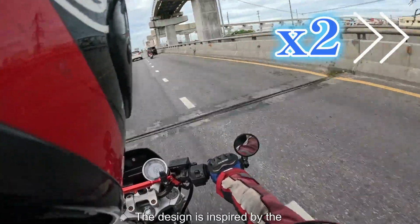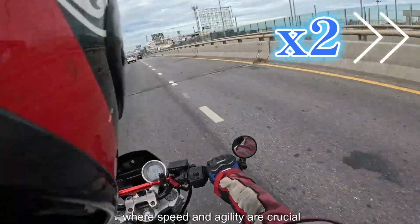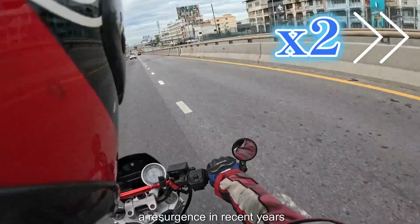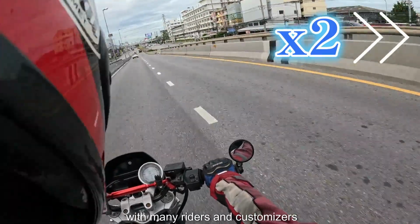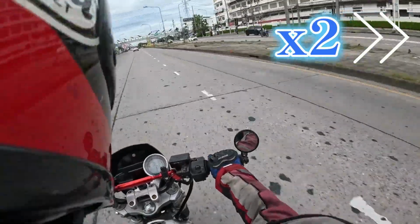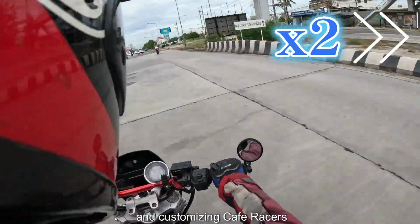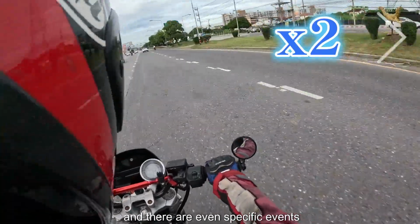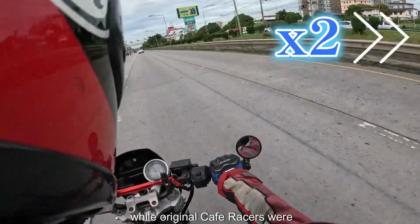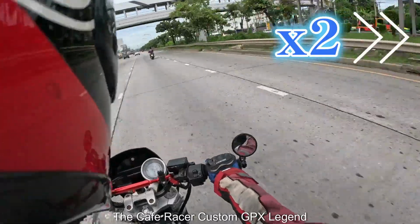The design is inspired by the motorcycles used in racing events like the Isle of Man TT, where speed and agility are crucial. The cafe racer movement has experienced a resurgence in recent years, with many riders and customizers drawn to the minimalist, vintage aesthetic of these bikes. Today there are numerous shops and manufacturers dedicated to creating and customizing cafe racers, and there are even specific events and competitions for enthusiasts. While original cafe racers were often built from the